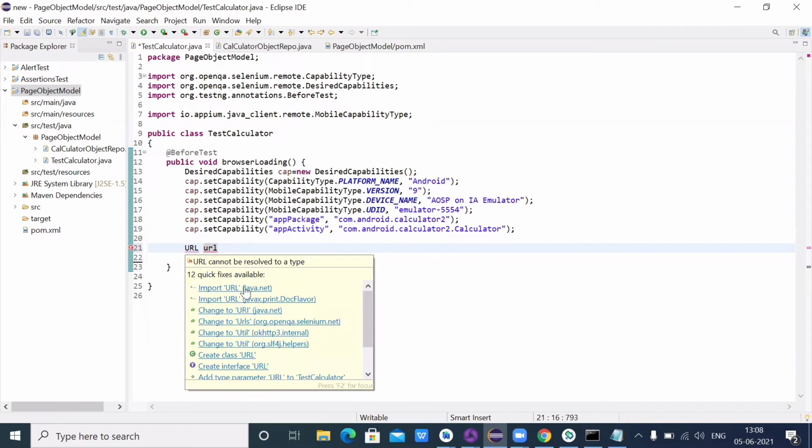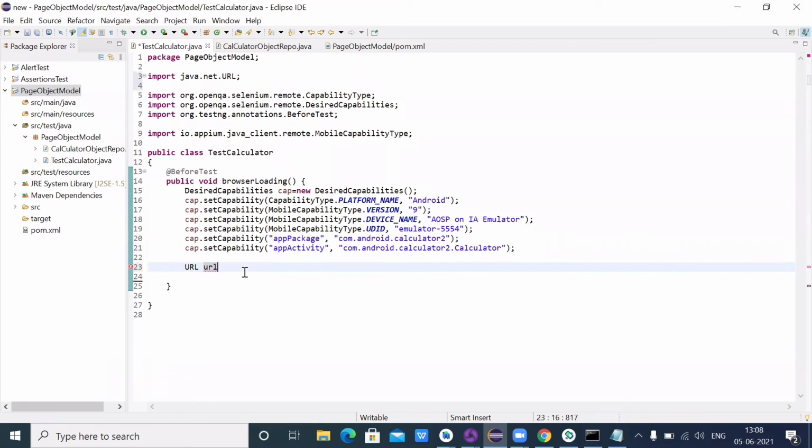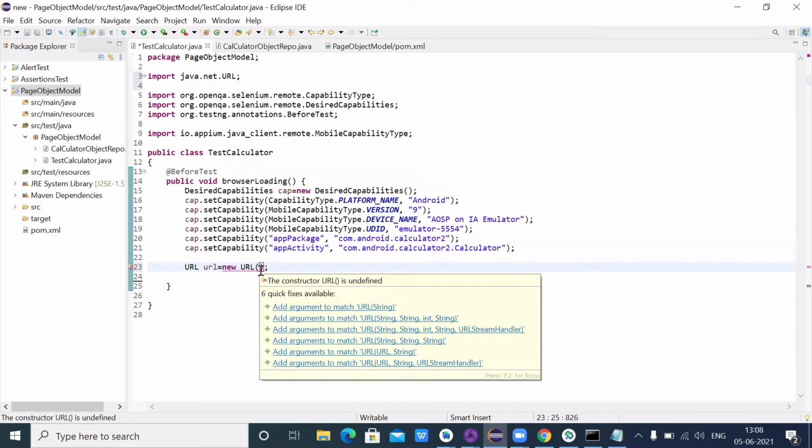So I will import this URL, java.net. Then equal new URL I will take. Inside new URL I will pass the Appium server address which I want.